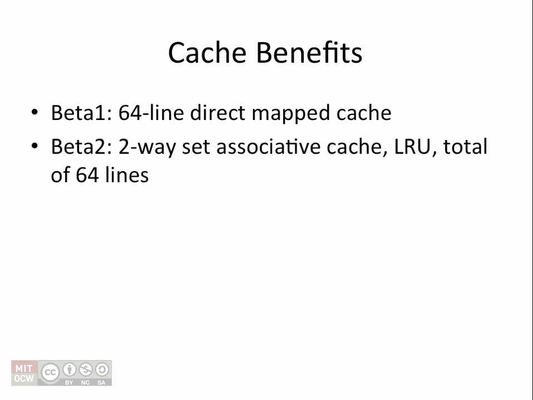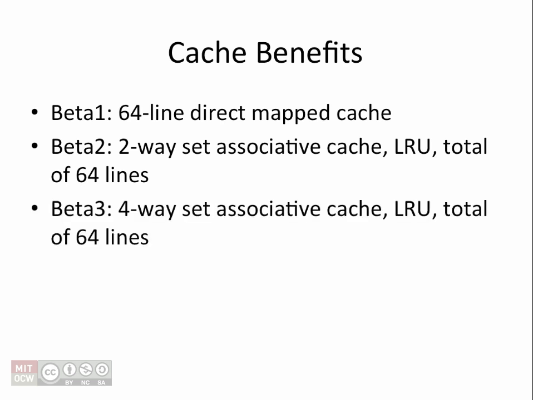The second is a two-way set associative cache that uses the LRU or least recently used replacement strategy and has a total of 64 lines. The third is a four-way set associative cache that uses the LRU replacement strategy and also has a total of 64 lines. Note that all 3 caches have the same capacity in that they can store a total of 64